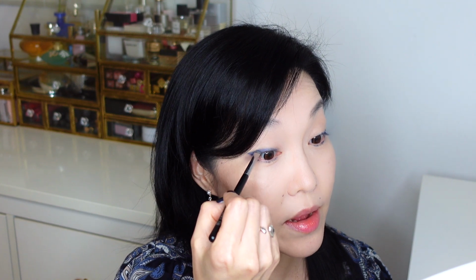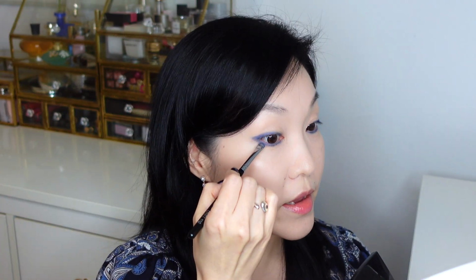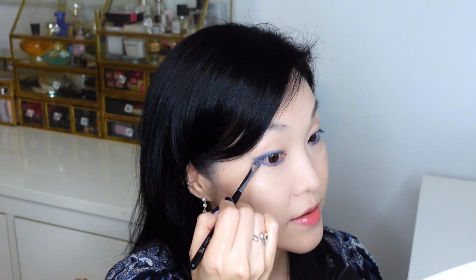So using a stiff tiny brush, I am going into this beautiful blue shade, and I'm going to apply this shade on top of the line, and while doing that I am blending it out and softening it a little bit. I am layering these two because I don't want to lose that intensity of the blue. So switch into a flat packer brush. This is the Redford 28, and I am using the same shade, and this time I'm going to go over lightly and apply this